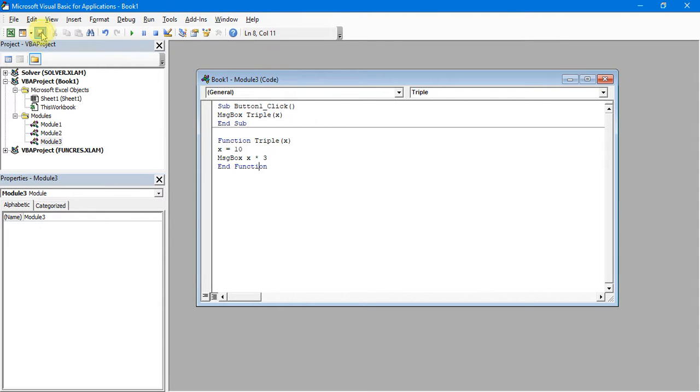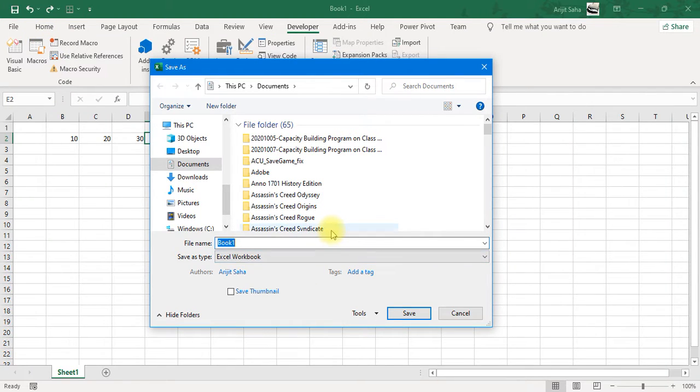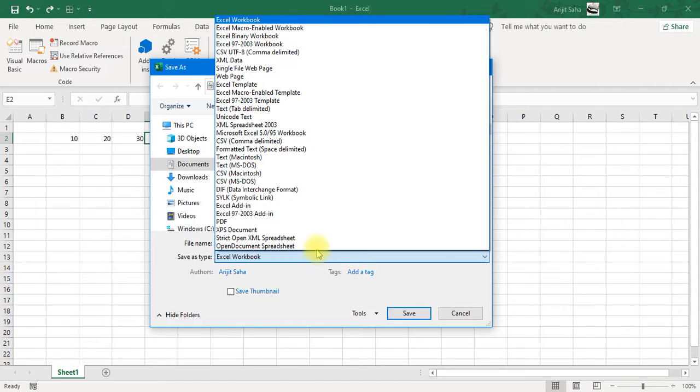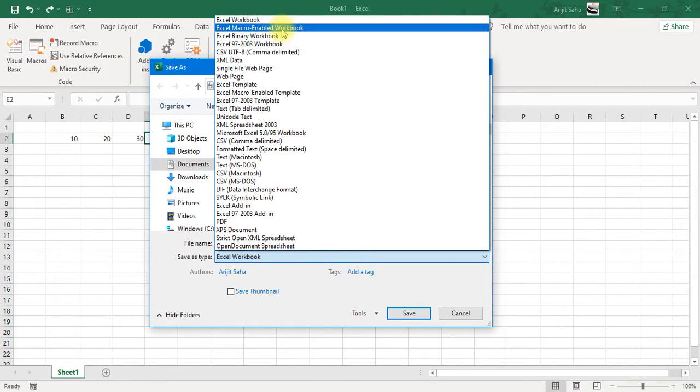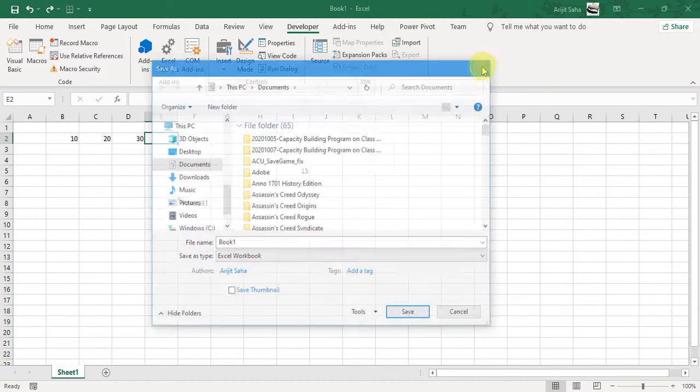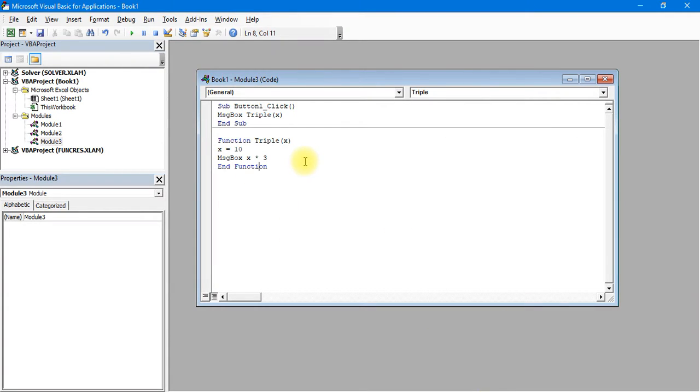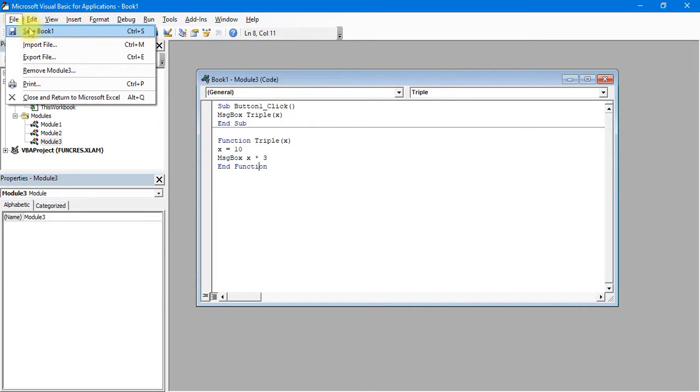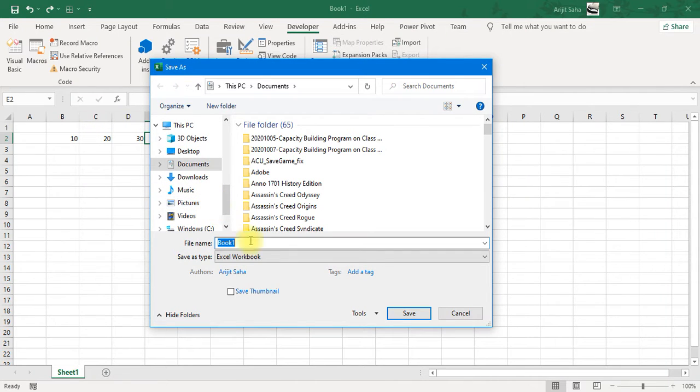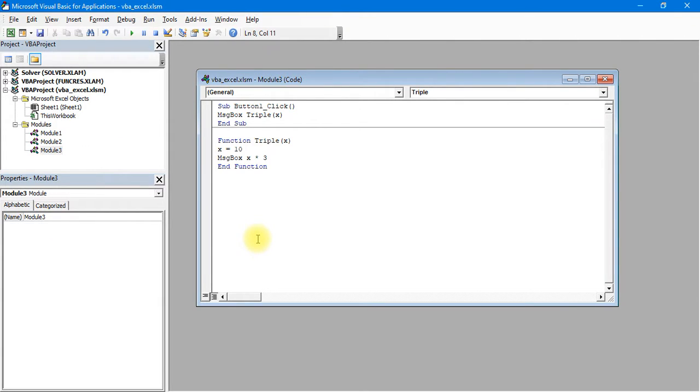Now if you want, you can save it. Definitely you can save the Excel workbook, but remember that if you want to save the Excel workbook, you have to use Excel macro enabled workbook. Okay, so at this point I'm not saving it right now. So let's check if our function is working properly or not. Okay, now before we do that, we definitely need to save it. Now let's save this book over here, and we will assign Excel macro workbook, and I will give the name as VBA underscore Excel. Okay, because it might create some problem later, so let's just keep it saved.